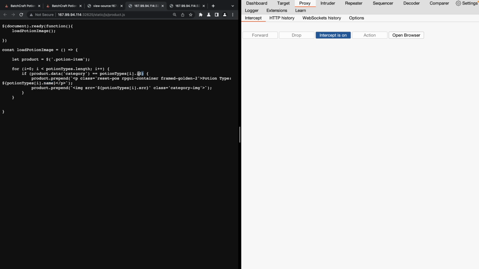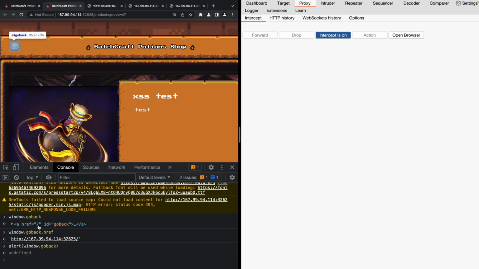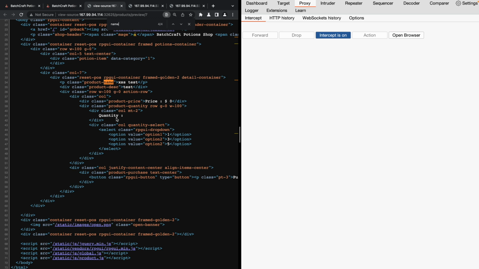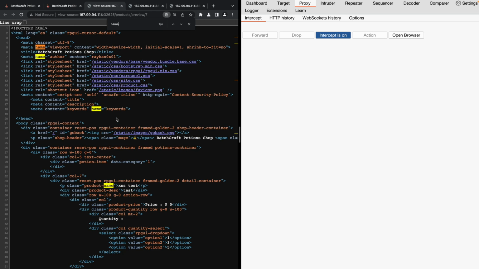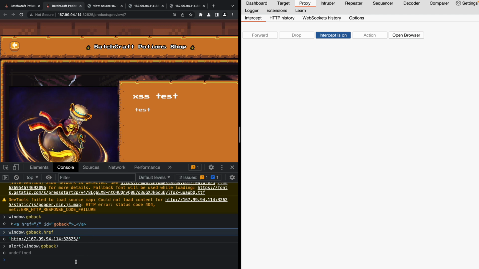So it's just ID that was throwing me, because how can an ID be numerical whereas a category, like in the example I showed, ID here was a string. And this go back exists on the window. So after some research, let's see, name. I wonder if this will come up. So we have here name as keywords. And I think if I go onto the window,